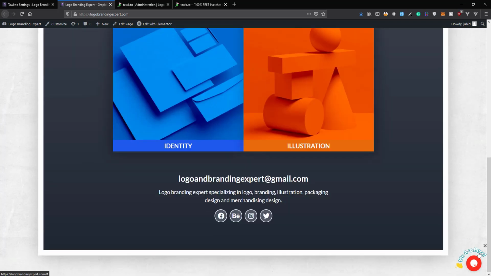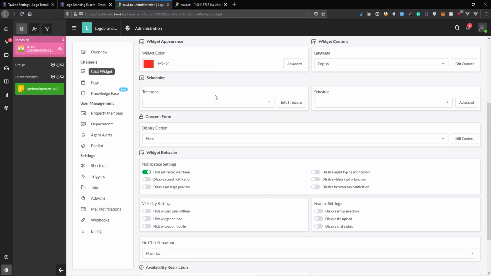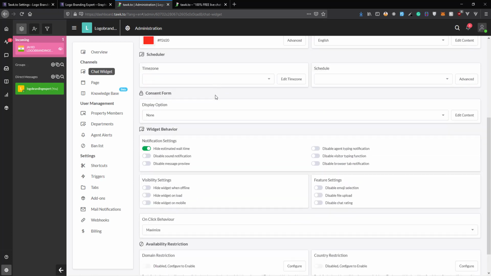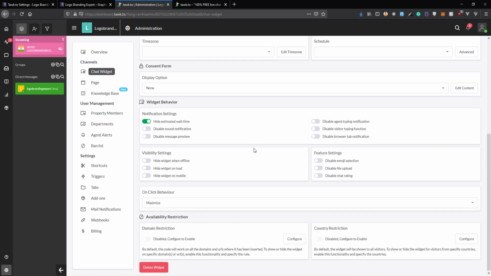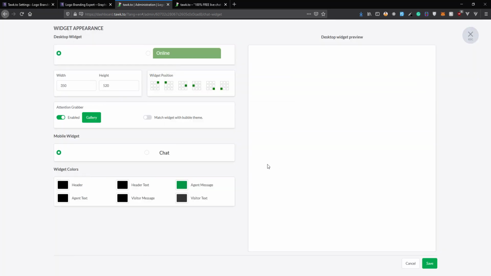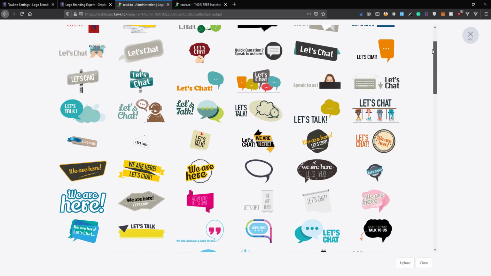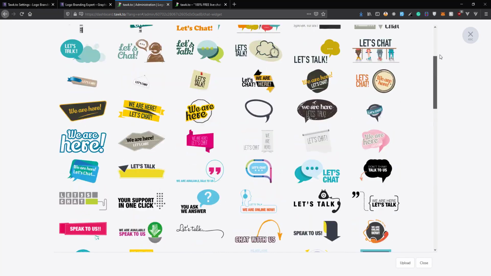You can even change this sticker as well. They have four to five stickers. You can upload your custom avatar as well. So let me show you how you can do that. The option should be here, but I don't know, they have changed something. So just click, yeah, you have to click on advanced and then you can go to gallery and choose from their predefined PNGs, or you can upload your own.